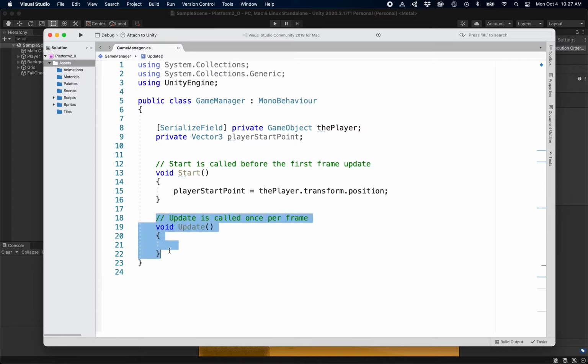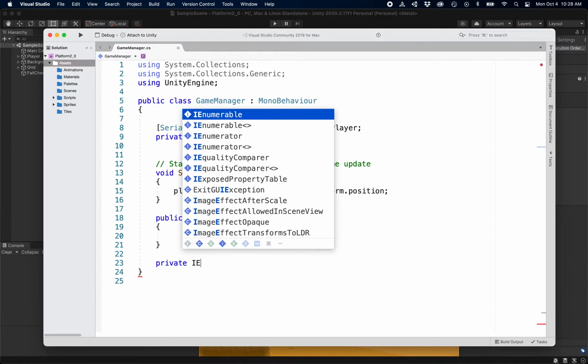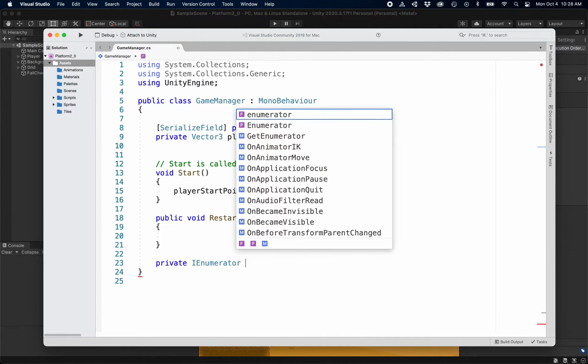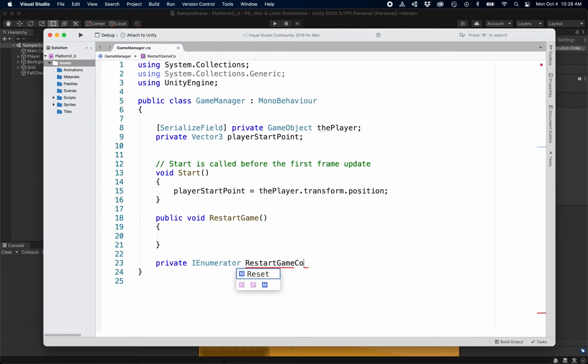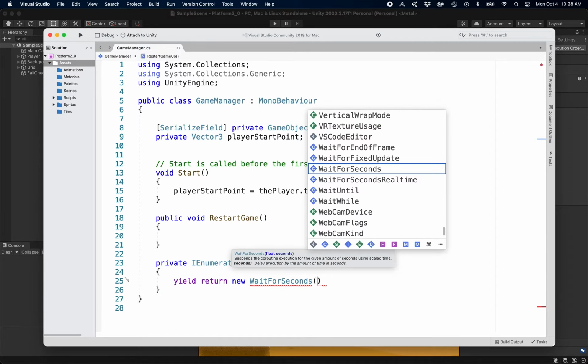Okay, not going to do any updating, at least for now, but I am going to create a public void function called RestartGame, whose job is to restart the game. Now I want to do this with a little bit of timing, so to allow for the timing I'm going to create a coroutine. So let me create a private IEnumerator. We've done this before, called RestartGameCo for the coroutine. And then it's going to do a yield return. This is to do the pause, new WaitForSeconds. And then I'm going to wait for half a second